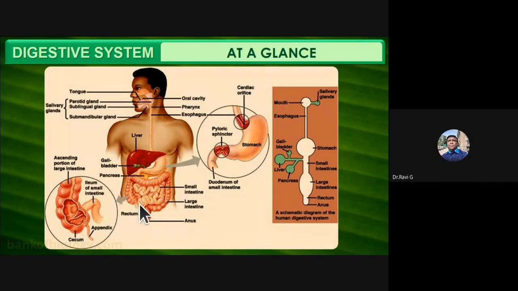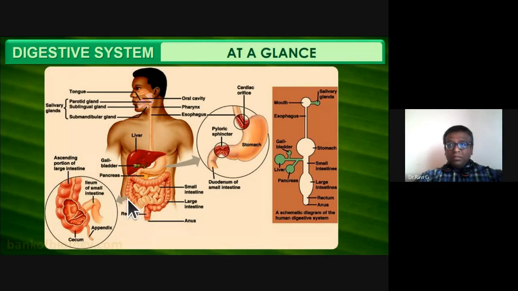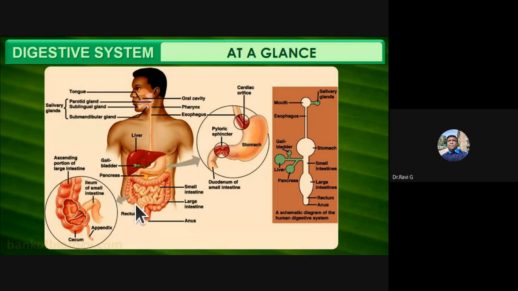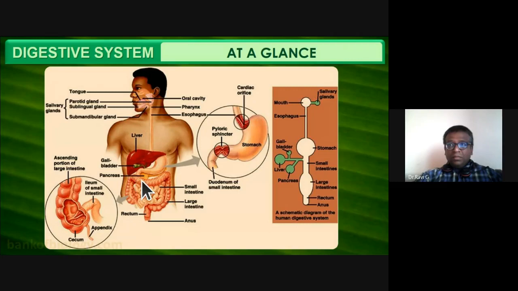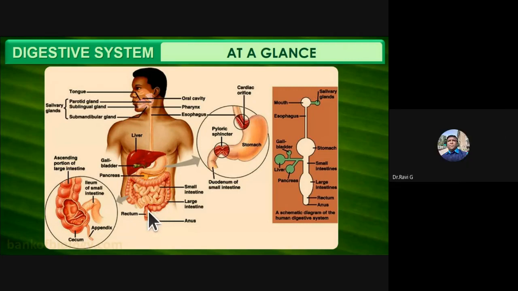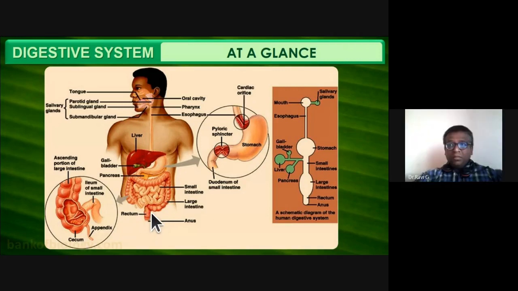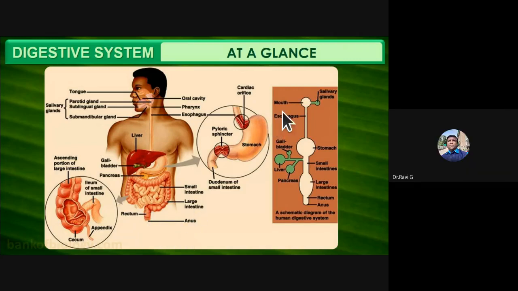So the ileum part connects to the cecum. So cecum is very small and underdeveloped in man. So cecum has a vermiform appendix, and it leads to the ascending colon, transverse colon, descending colon, and then finally it leads to the rectum. Rectum is where the reservoir of undigested food is present, and they are thrown out through the anus. So this is the entire digestive system at a glance, and you can see here a simple